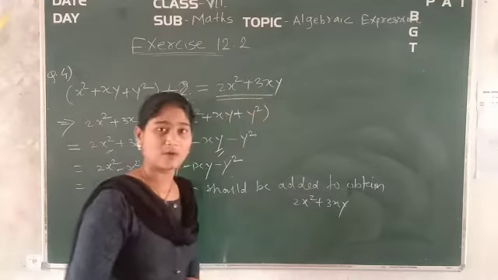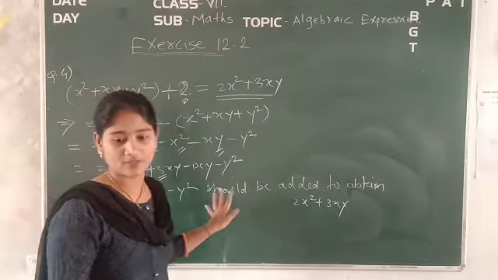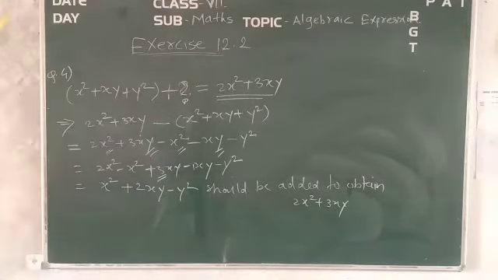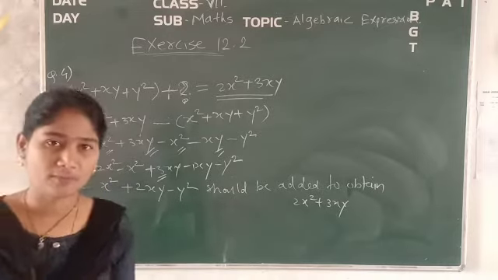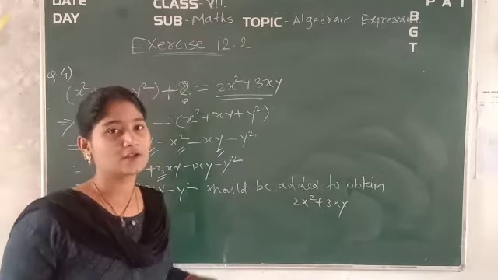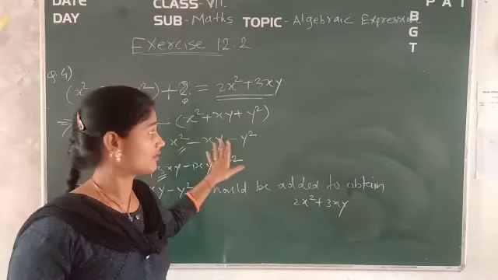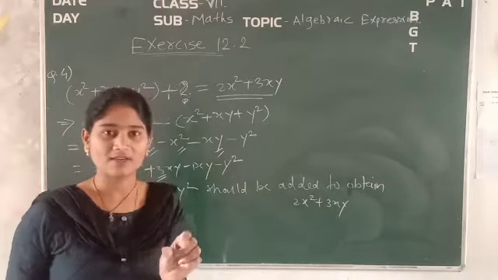Okay, so understood. In that way you can solve this expression. Now I think the same question number 4b is there. It is x square plus 2xy minus y square. It is correct. In question number 4, the b question is given to you. That is also the same as that. Just follow this, but only a minor difference is there.